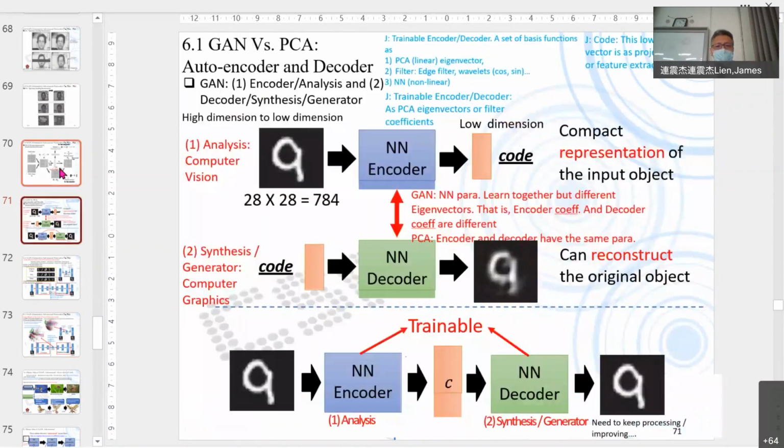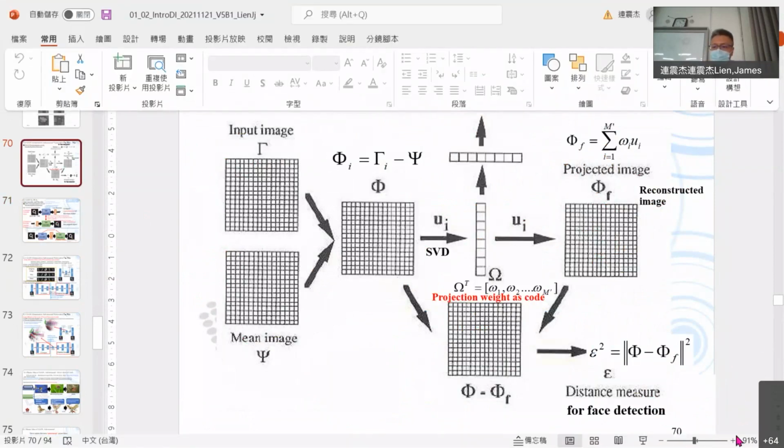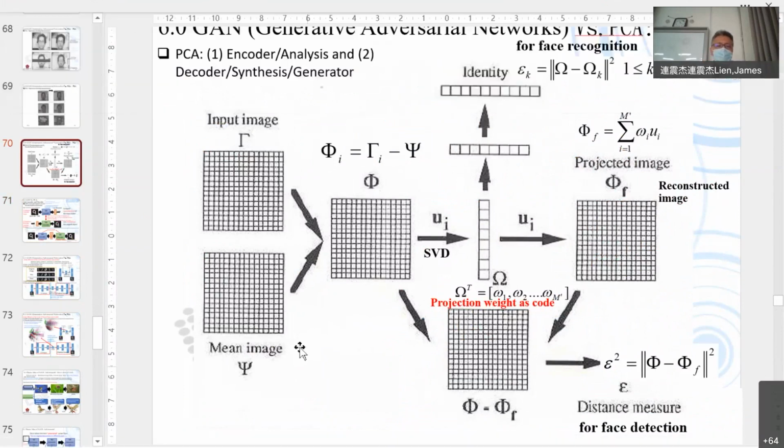So last week we talked about PCA. It's the PCA, the original one, right? And we try to train the eigenvectors. Then PCA copies the eigenvectors to here. So this encoder is the projection weight.